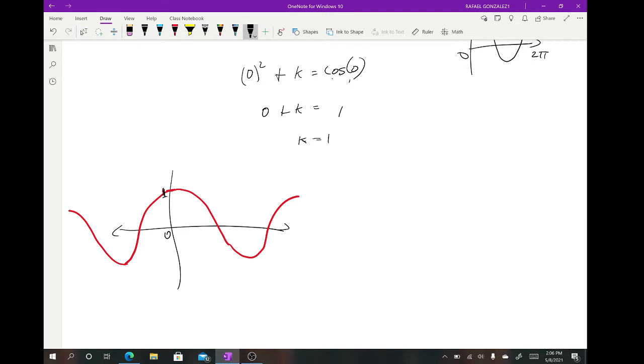So we're only interested in cosine being on the right side. X squared is a parabola, and it looks like this. Now, if I were to do the following,